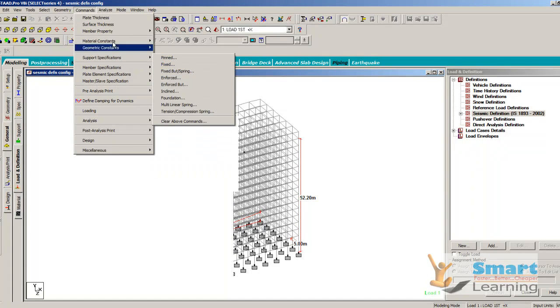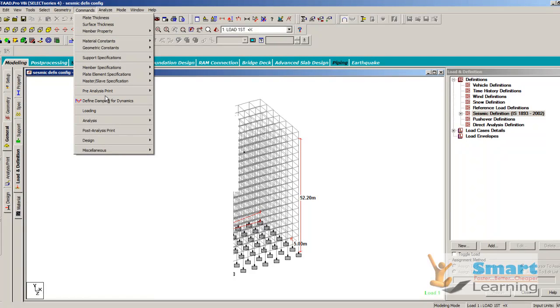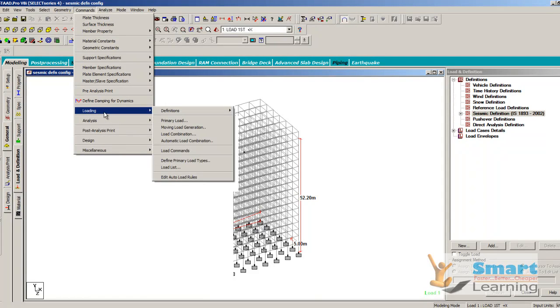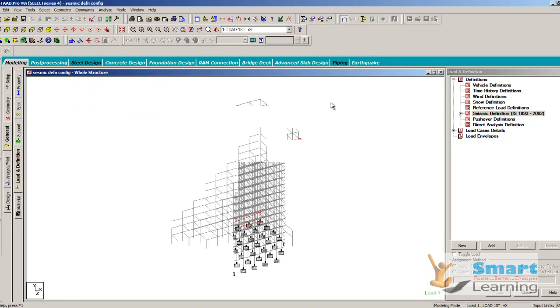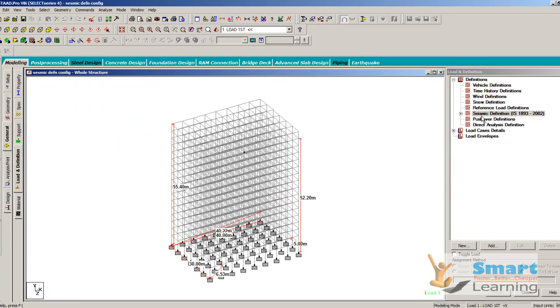Under the command you can see different configurations, and if you go to the loading, here you can see the definition and different codes, and under this seismic load you can find this. So how to configure this seismic definition as per 1893 2002 and understand the different empirical mapping, and those empirical formulas need to be configured through different options.